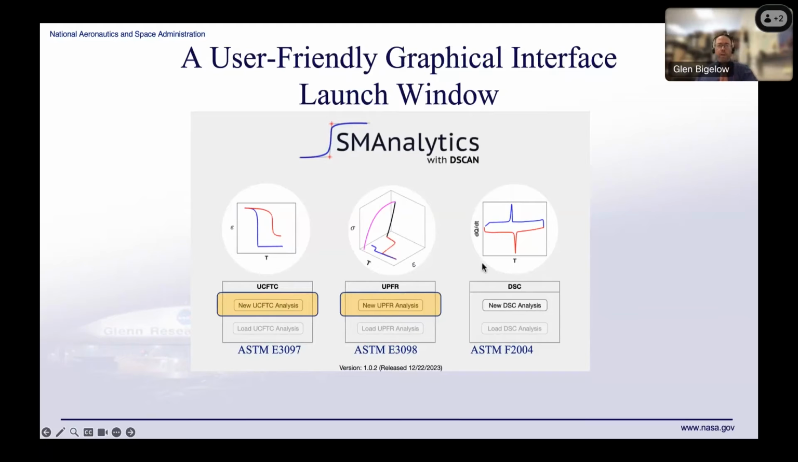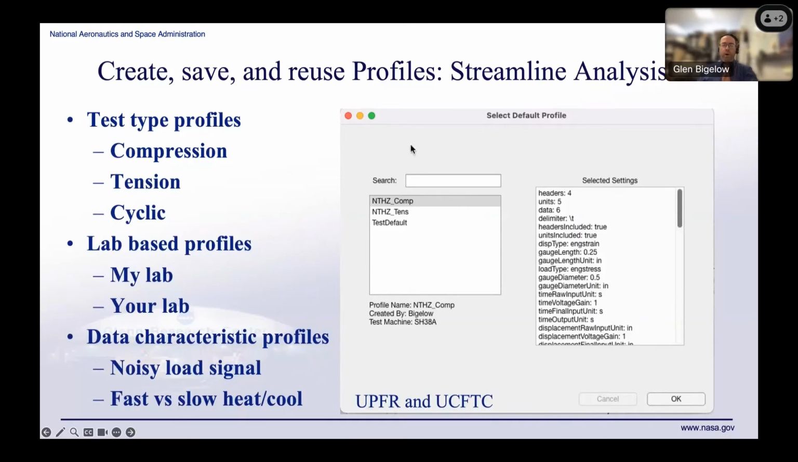So we wrote SMAnalytics to be kind of a user-friendly software. So everything's GUI based. We have a graphical interface there. And the first thing you would see is your launch window. And in this first part, I'll be talking about UCFTC and UPFR because they're very similar. So the launch window allows you to just click on, you know, I want to start a UCFTC analysis or a UPFR analysis. When you come into the software for that, it brings up this window to allow you to select